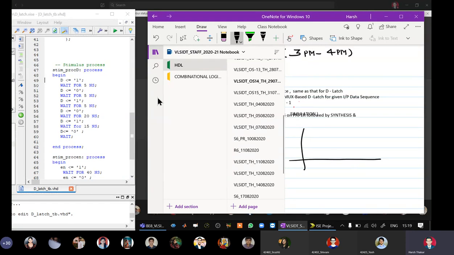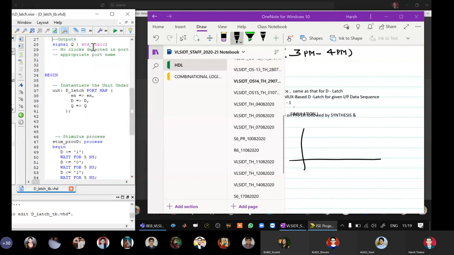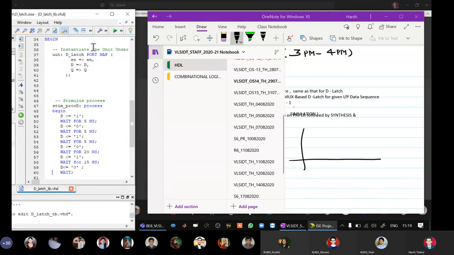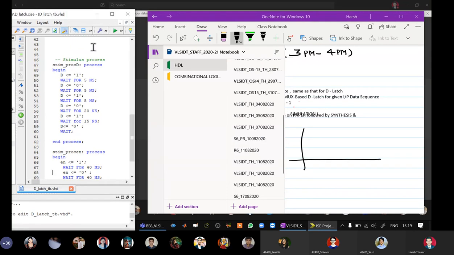So if you see here, D has been initialized to 0. Okay. D is assigned 1, wait for 5 nanoseconds.